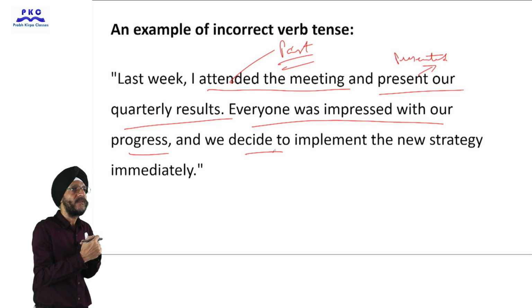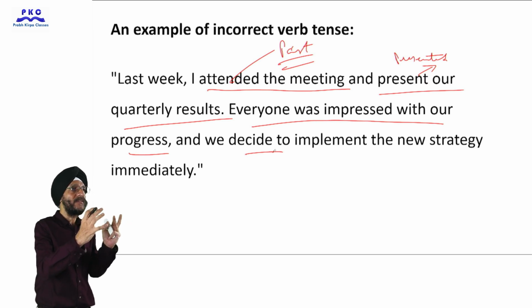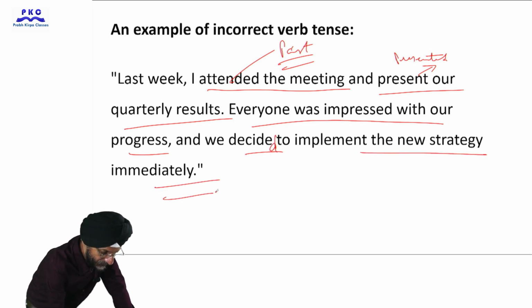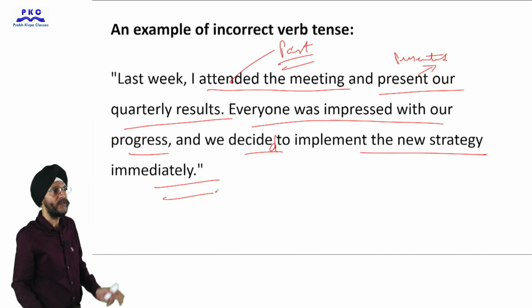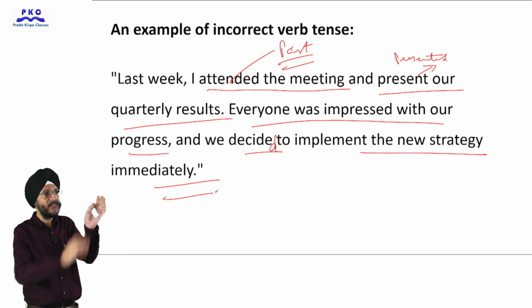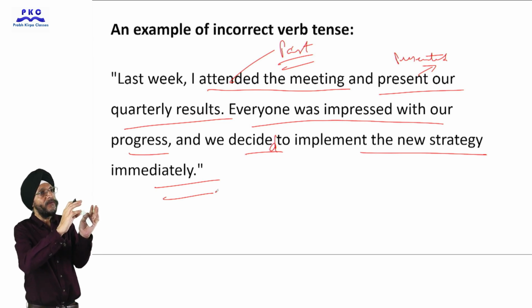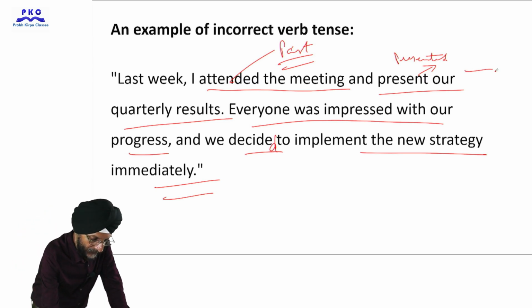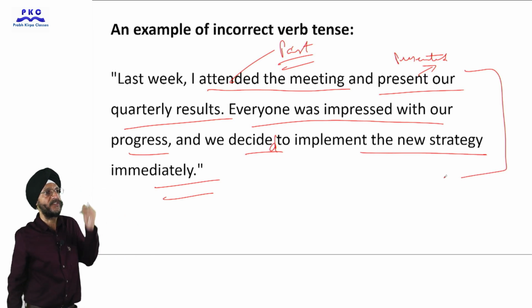Then in that meeting, some decision was taken. We decided to implement the new strategy immediately. So here, as the meeting has taken place in the past, we have written the whole thing, what happened in the meeting in the past,